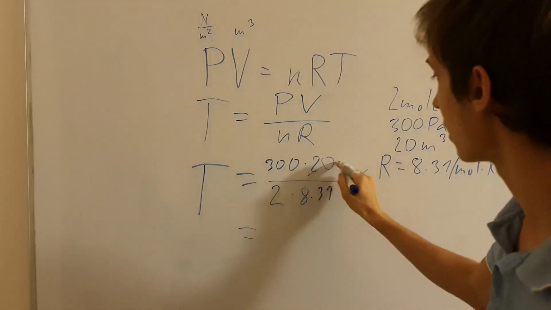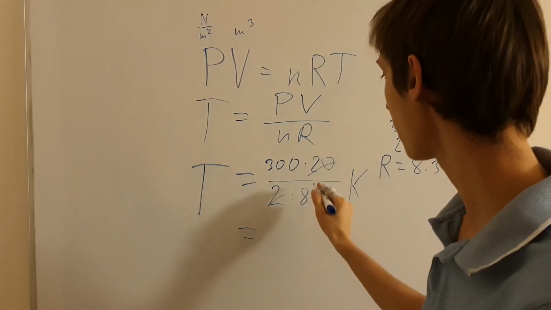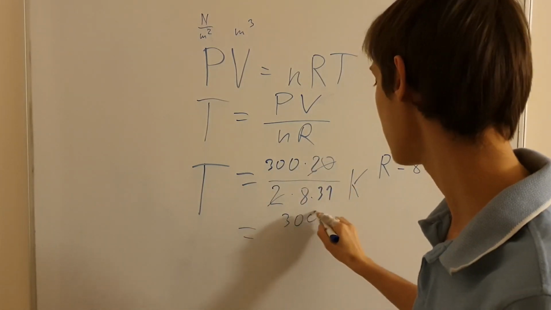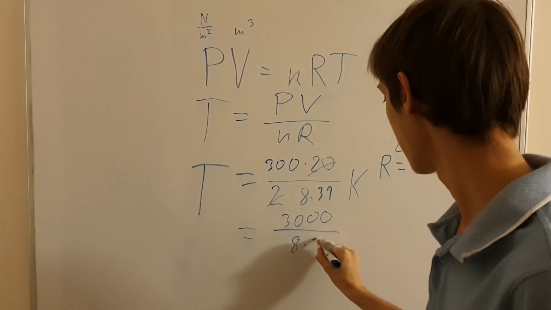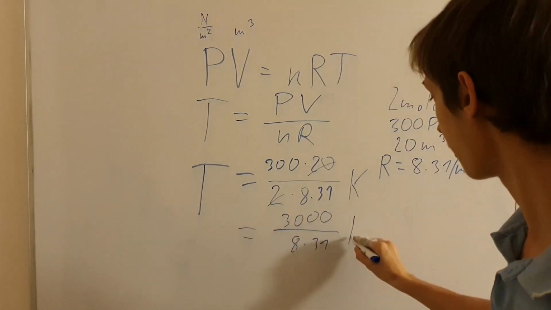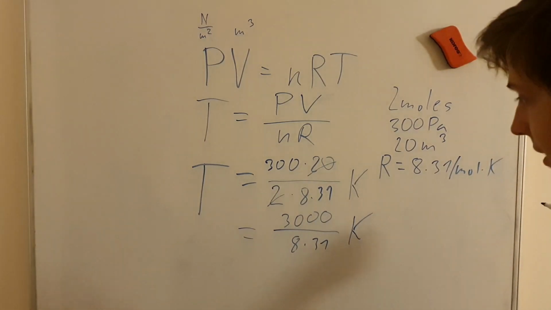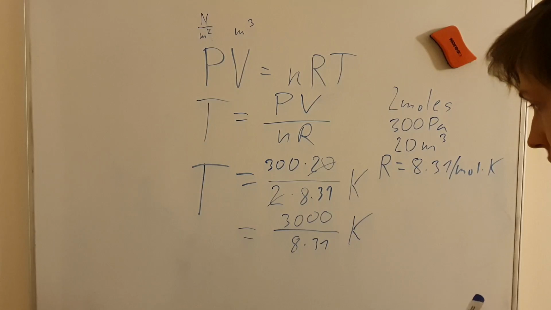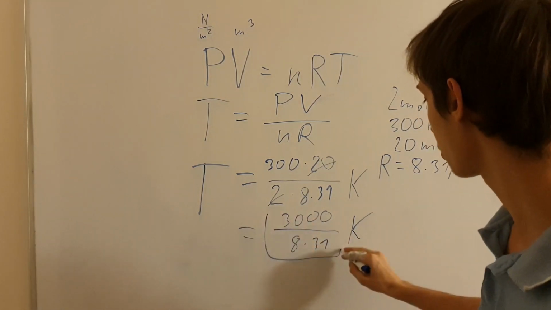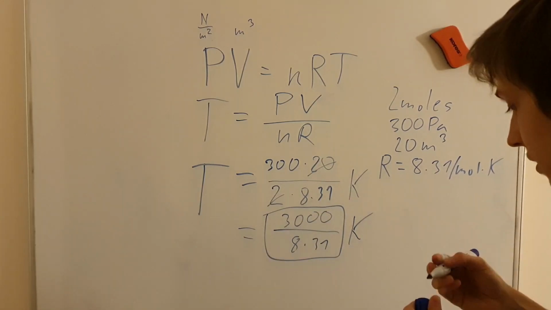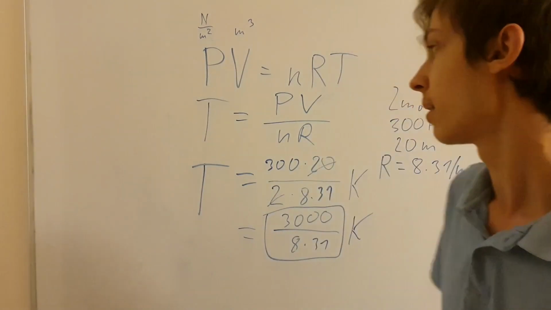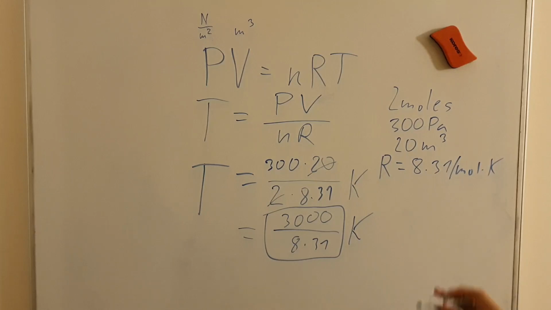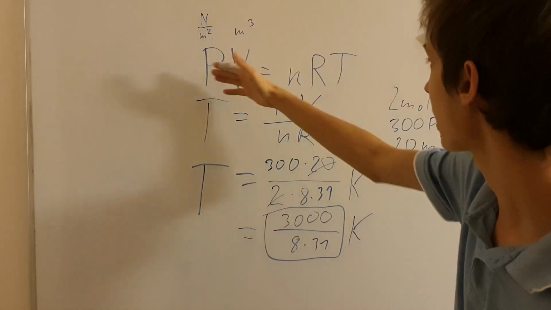This gives around 20 and 2 cancel at 10 on the top here. So it is approximately 3. It's actually, so far, using the numbers that I've given here, 3000 over 8.31 kelvins, which will evaluate at something more than 200 kelvins. So you can use your calculator to evaluate this value, and then to convert it to Celsius, use the 273 unit difference that I mentioned earlier. But anyway, this is the result. This is the temperature in kelvins based on the quantities that I have mentioned previously, and we used this equation in order to arrive at the